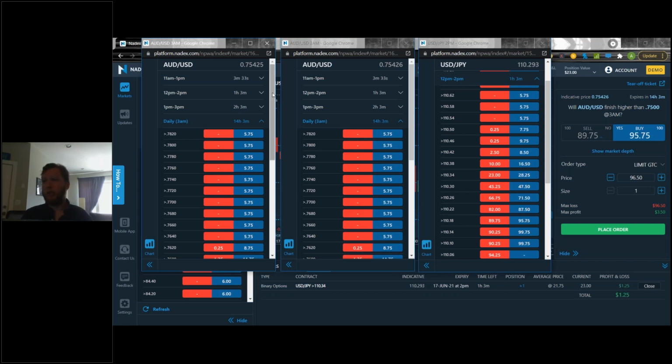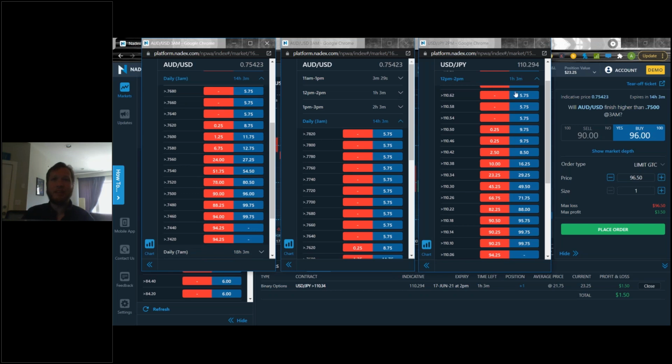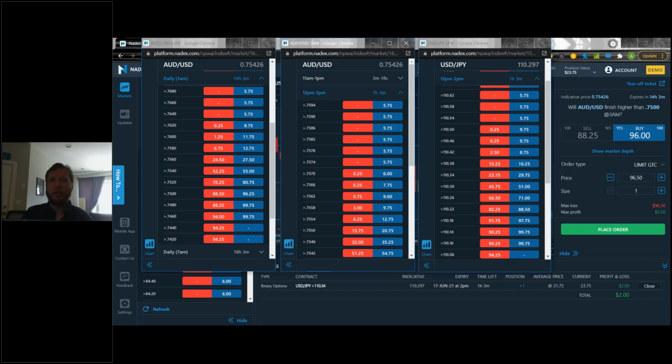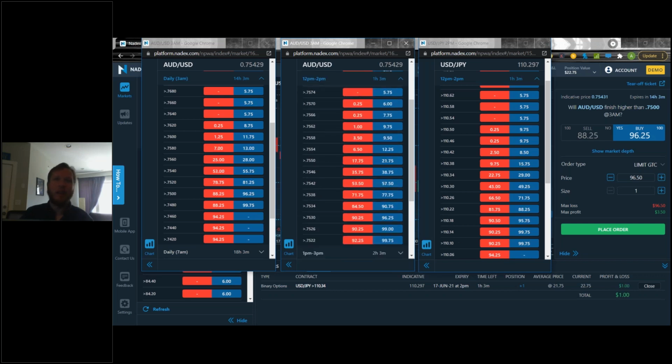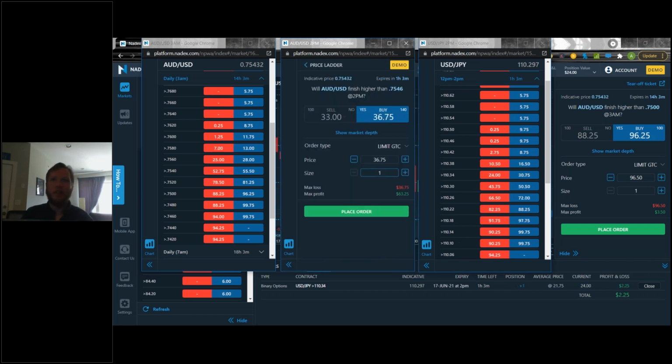But you can do this for a lot of different contracts, right? So you can have all your different price ladders. This is how I like to set up my second screen, so I can watch US 500, the small cap 2000, the Wall Street 30, all these contracts at the same time. And let's say I want to get into one really quickly. I can go over, hit this, bring up the chart. I can actually get into position just from this panel.